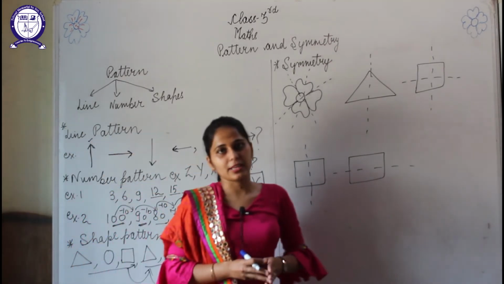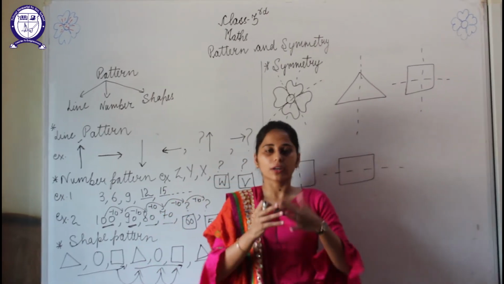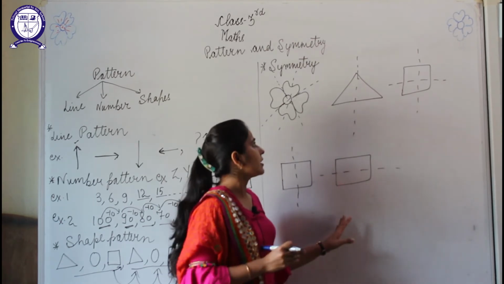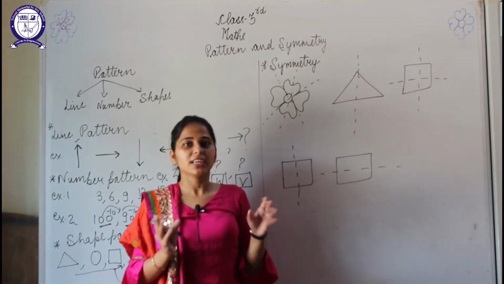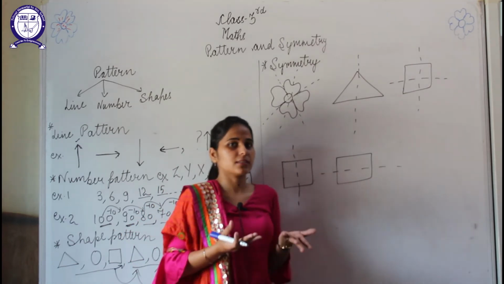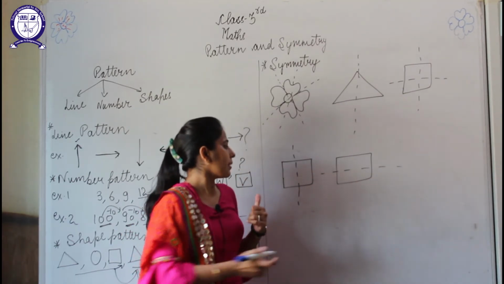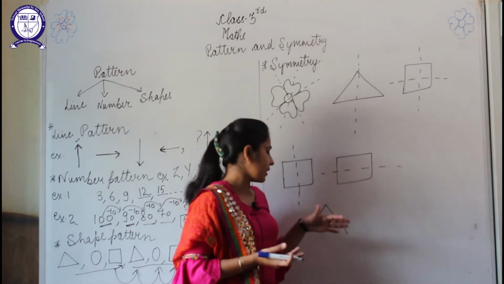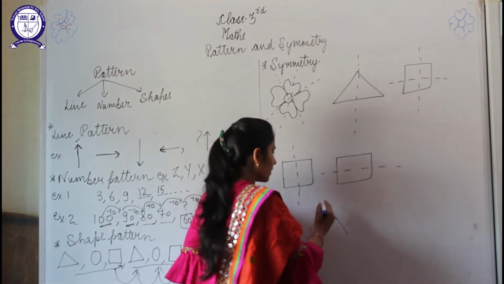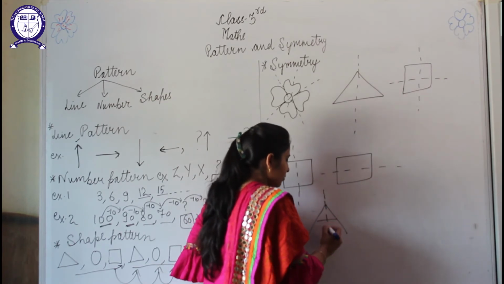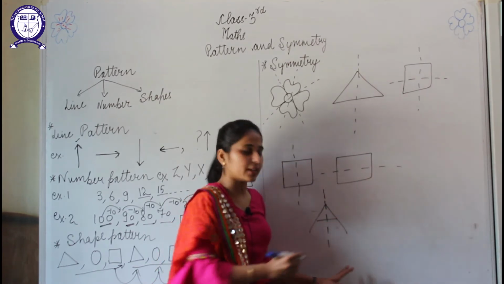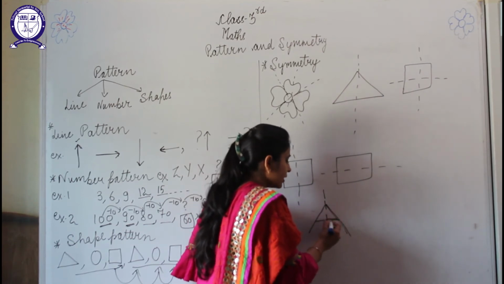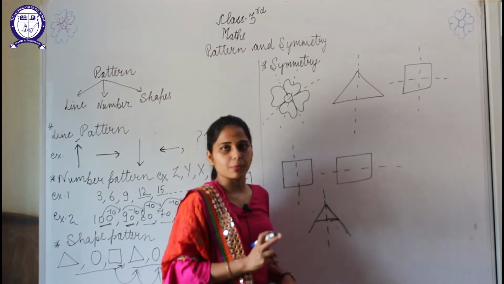What is a symmetry line, student? A symmetry line is a dotted line. You have to always draw the symmetry line in dotted form. So the symmetry line divides any object into 2 or more equal parts. Okay. So suppose I am having the alphabet A. I need to divide it into two equal parts. So what will I do? I'll draw a dotted line, that is the symmetry line. So this left side is equal to the right-hand side in size and shape also.